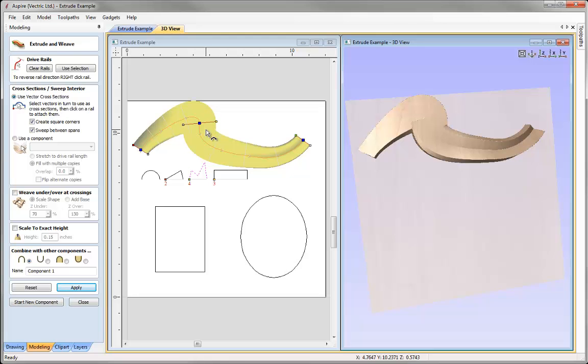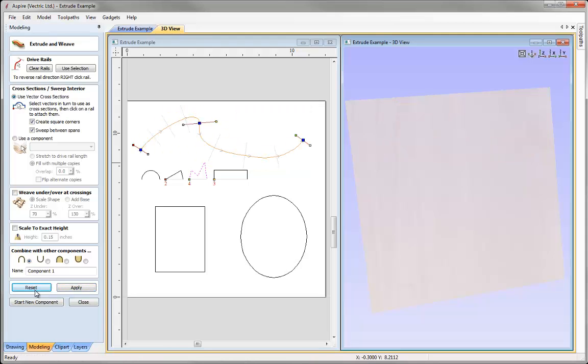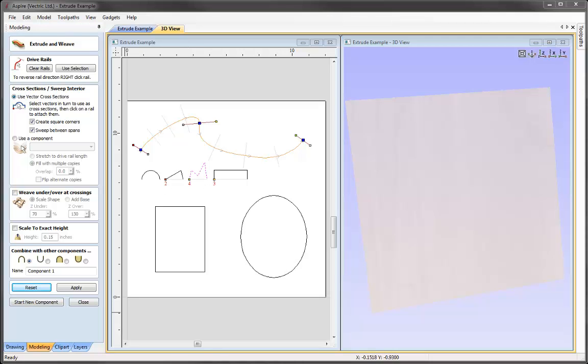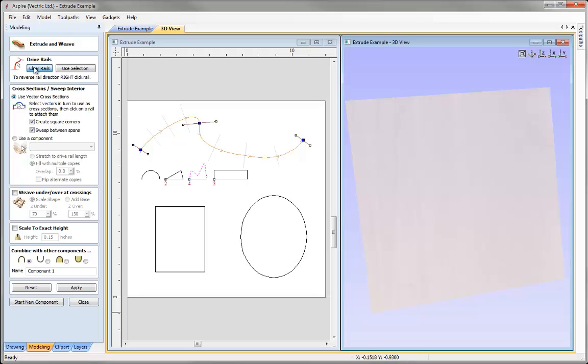And so you need to be aware of the shapes of your drive rails to ensure that the cross sections have enough room to fit. So if we come over and use this option here to reset that, you can see it's going to reset the shape. However, our rails and our cross sections are still selected, and if I wanted to go and use new rails and cross sections, then I'll go and use this option up here to clear rails, and then we